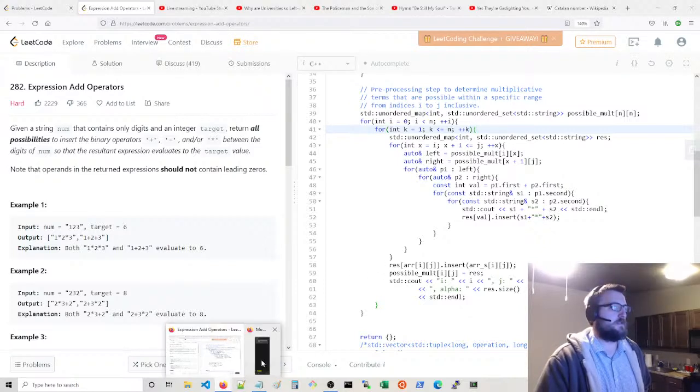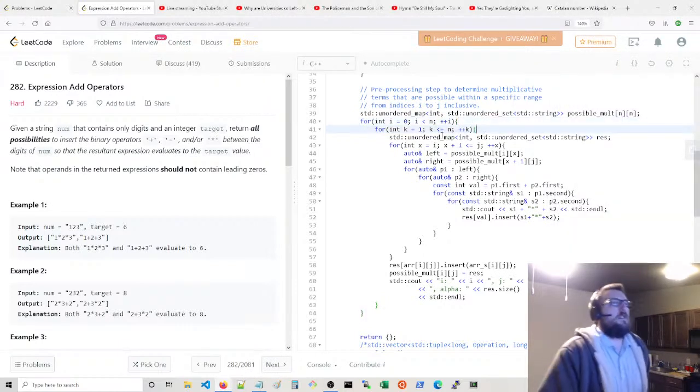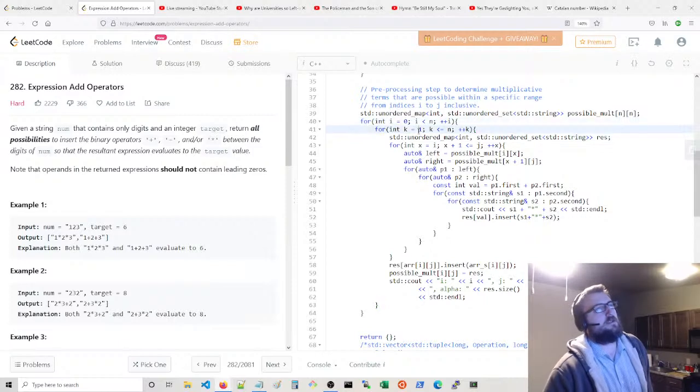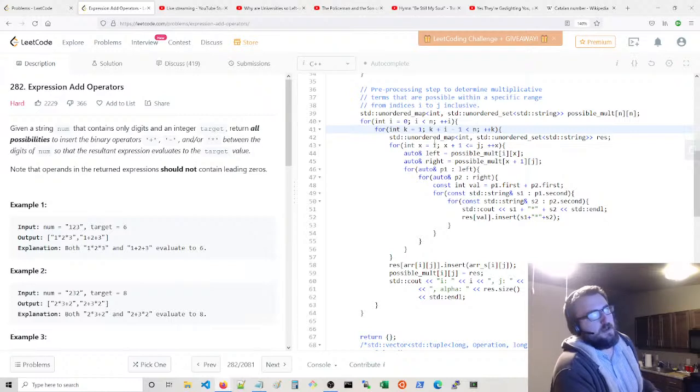And what you're going to end up with is i is a starting point, k is the size, and k plus i is going to be less than or equal to n, or less than n. Yeah, so if k is 1, it's k plus i minus 1. If k is 1, that includes k minus 1 starts off at i. So if k is 1, you'd be at i. If k is 2, you would,